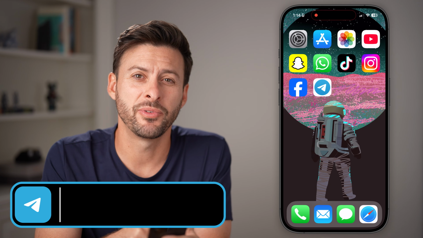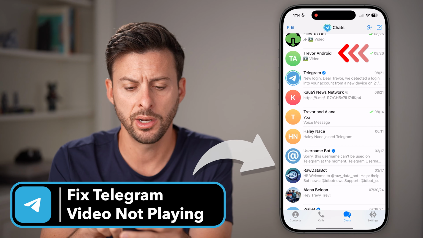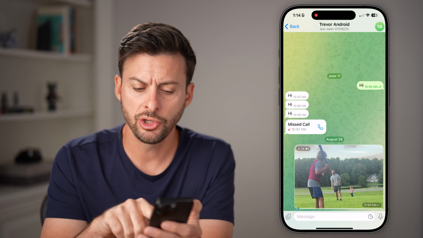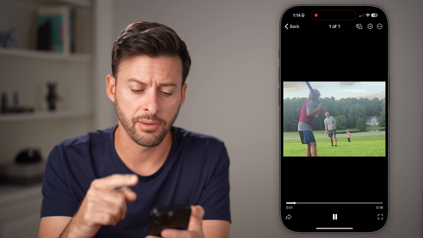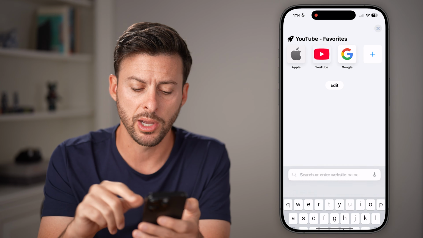Let's fix Telegram videos not playing on your phone. Now open up the Telegram app here and open up a chat with a video. You should be able to tap on it and start playing that video. If it doesn't work, the first thing I would recommend doing is opening up a web browser, and we're going